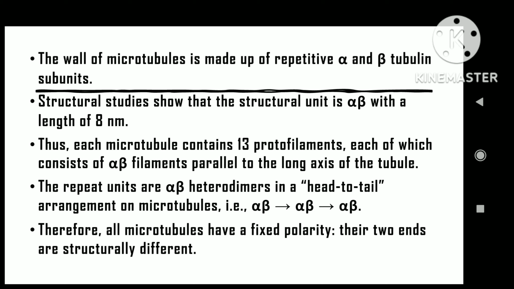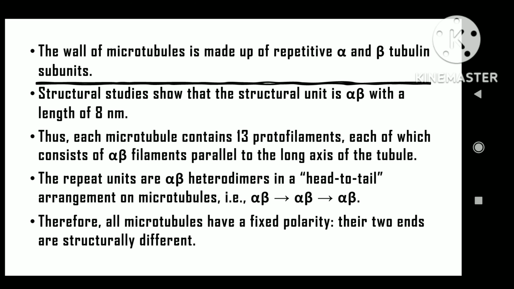Assembly studies have indicated that the structural unit is an alpha-beta dimer of 8 nm length. Thus, in each microtubule, there are 13 protofilaments, each composed of alpha-beta dimers that run parallel to the long